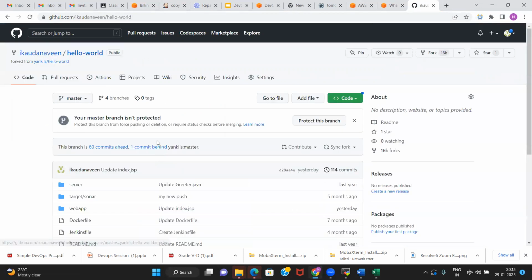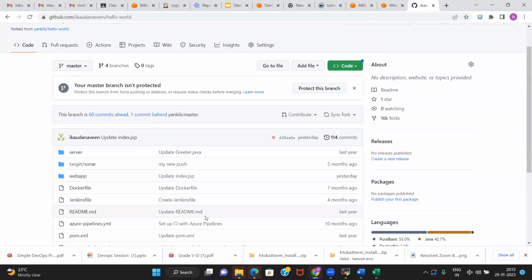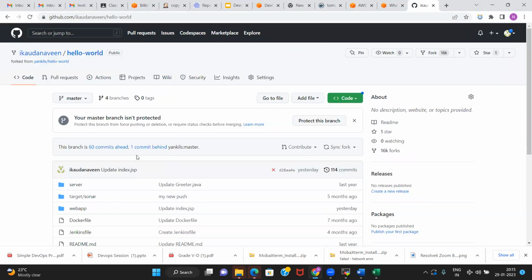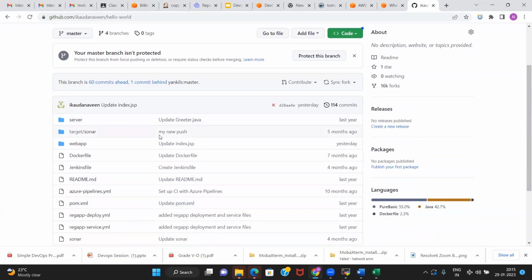As for example, the code of this hello world program is there in the Git repository.